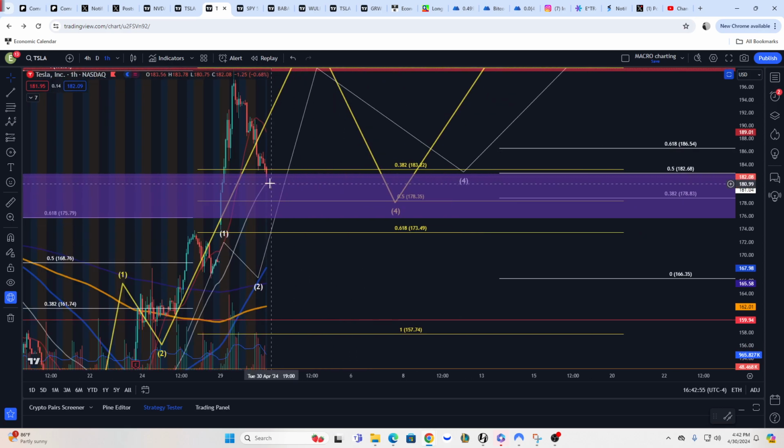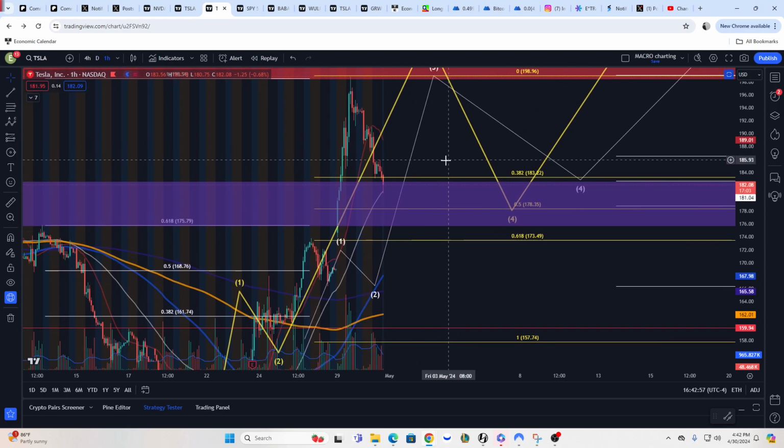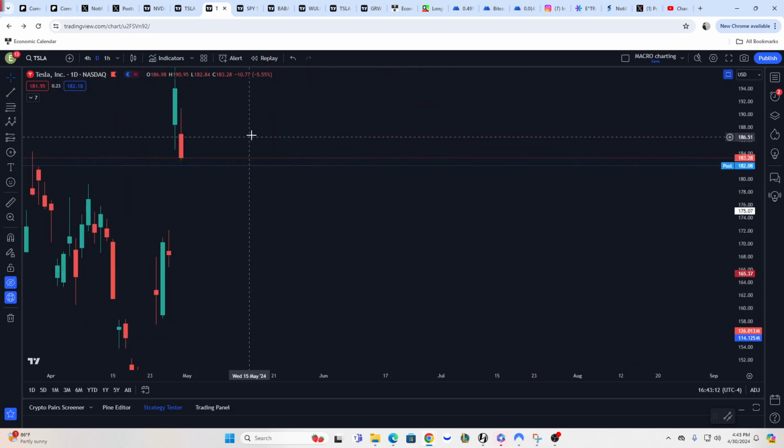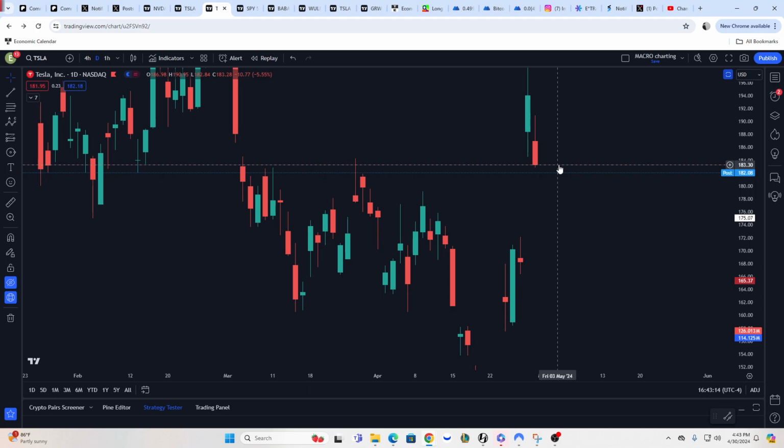Now, given we've dropped down here in after hours, what I would like to see is us gap down tomorrow, in which case I might buy a Tesla contract, because I would like to see a gap down and then recovery, right? Gap down means open lower than the current price. Today's closing price was 183.30. I'd like to see it open around 181, 180, maybe drop down to 179, and